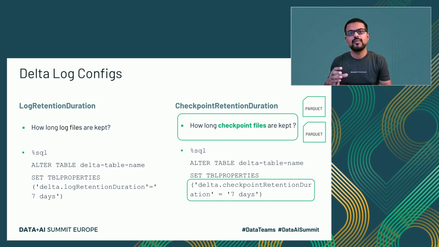If your Delta Lake table is a streaming sink and too many commits are happening, it can result in more checkpoint parquet files being created. In that case, you may need only 1 day worth of checkpoint.parquet files. In that case, you can use the highlighted alter table command to reduce your delta.checkpointRetentionDuration to 1 day or so.